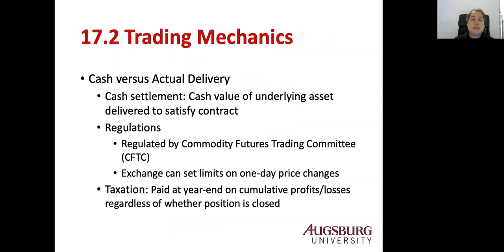So mostly the settlement is actually cash settlement, not really actual delivery. Actual delivery is not very common. So you basically just pay cash values. In the previous example, you just receive cash, right? You just receive cash, $550. That's it. You don't need to really have 5,000 ounces of silver. Because once you get delivered, then you have to sell it. You don't have to do that, because from marking to market, you get your cash.